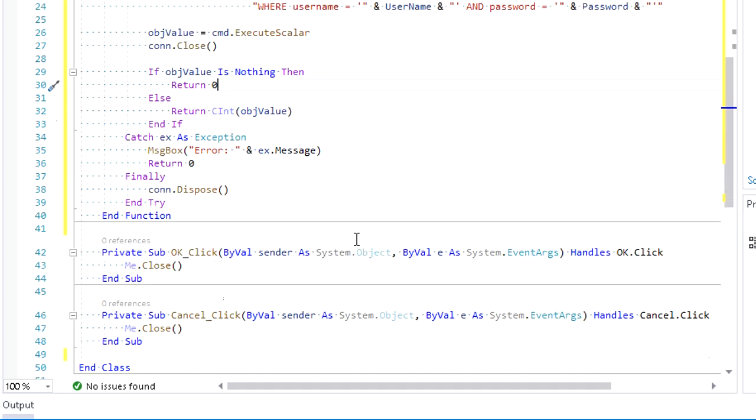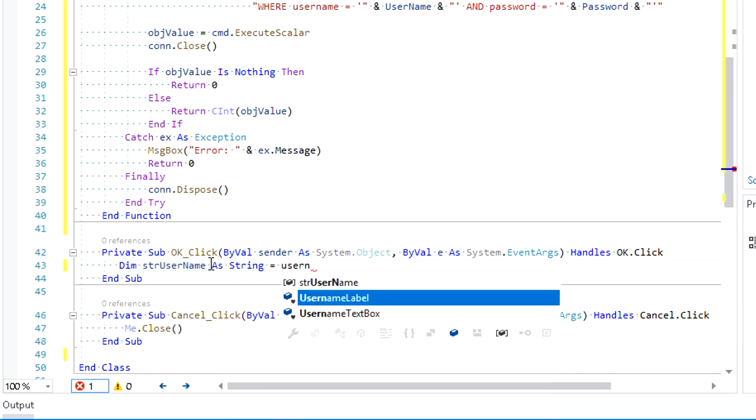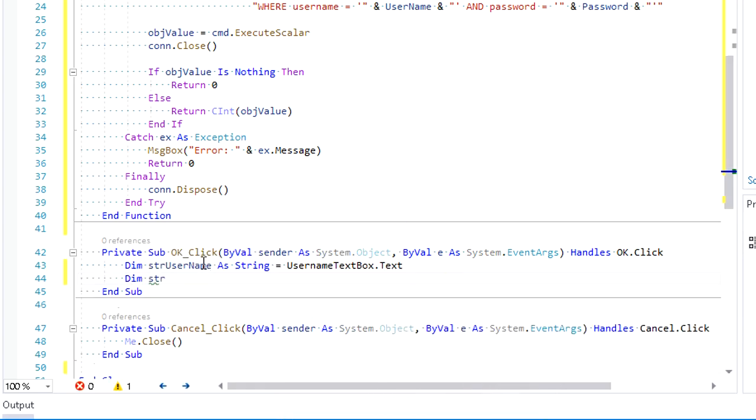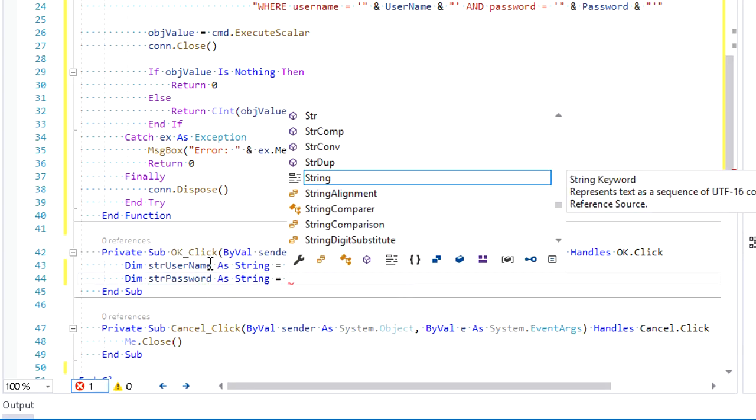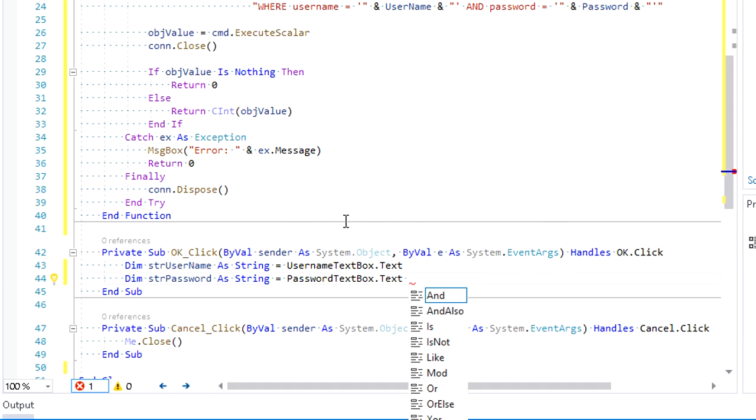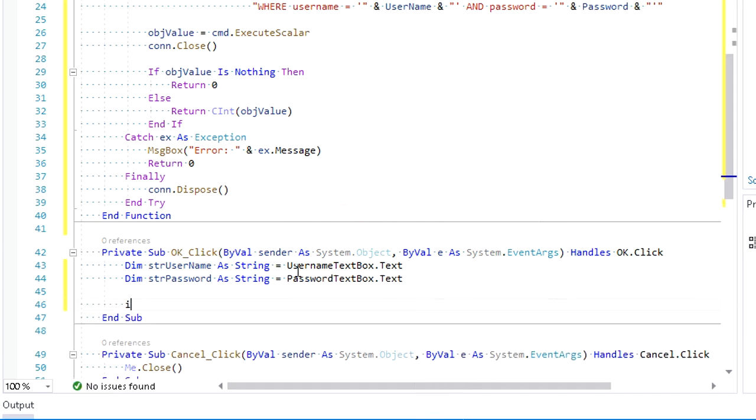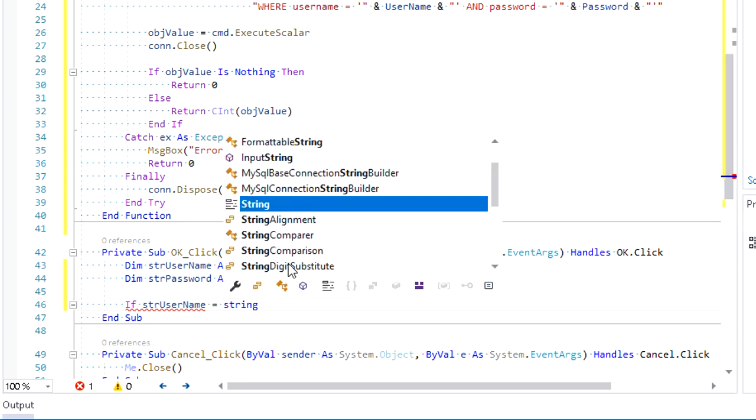Next step is the code under this OK click event. Remove the auto-generated code from the template. Then declare variables to hold the values of the username textbox and password textbox. Both values are compulsory, so let's add a validation using a message box.